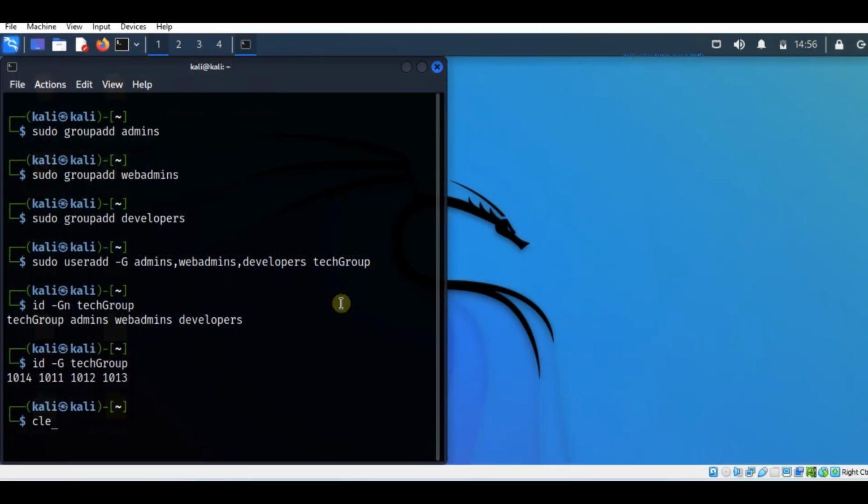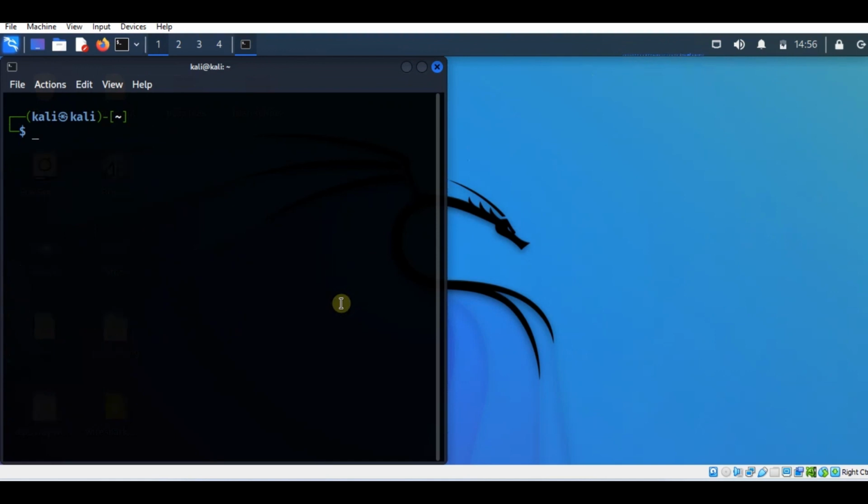Now we will clear the terminal again, and the command for that is useradd with the -E option. We'll say that we want to expire the account that we are going to create by 30th of August. So we'll fix the date. The date should be in the format of YYYY, then 2 M's that is for month and 2 D's that is for date. So 2023-08 that is August, then 30th, then the username or the account name